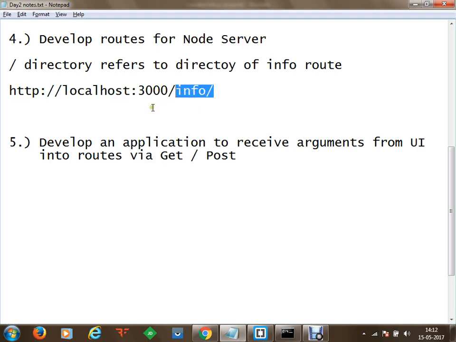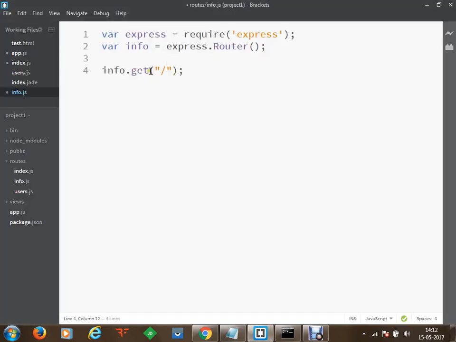As soon as we reach this info route, this means we are not providing any get parameters with this info, we are just sending a get request to get the resources available on the info route.